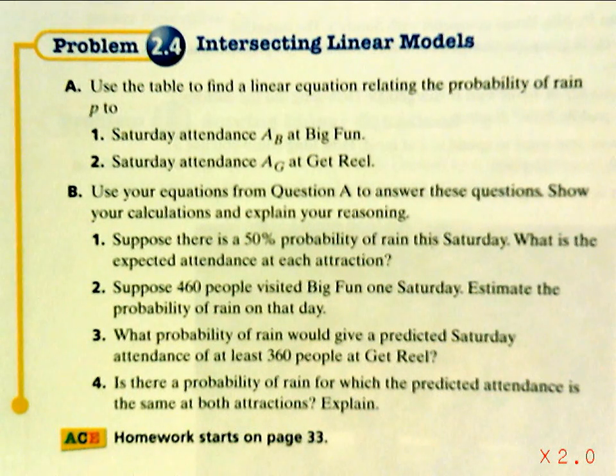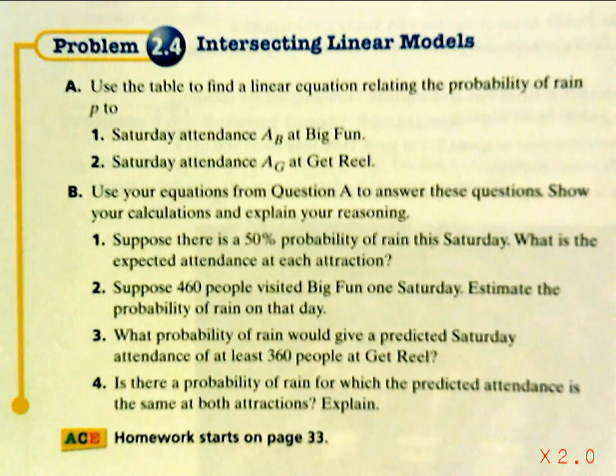So now we're continuing on in lesson 2.4, problem 2.4 in Thinking with Math Models. And we're down to question number 3, which says: what probability of rain would give a predicted Saturday attendance of at least 360 people at Get Real? Now, the "at least" we'll talk about in a minute, but again, we're looking at attendance, and we want 360